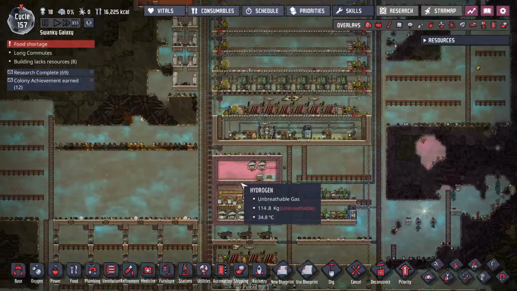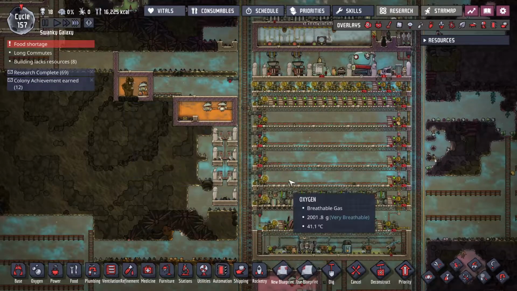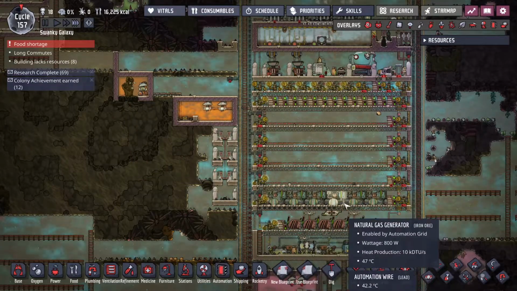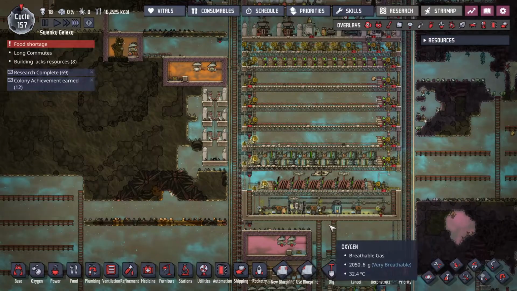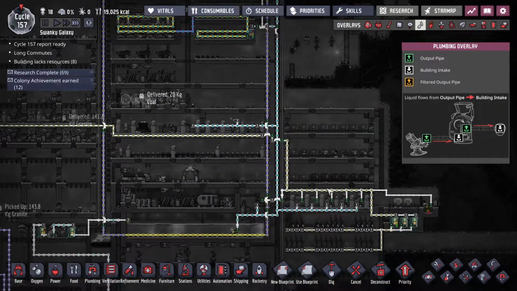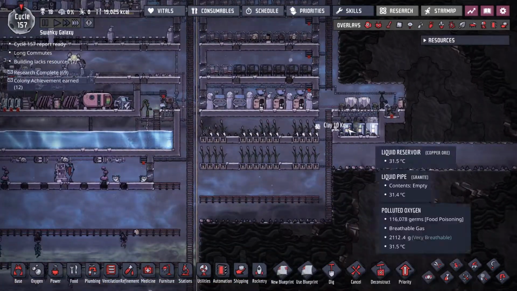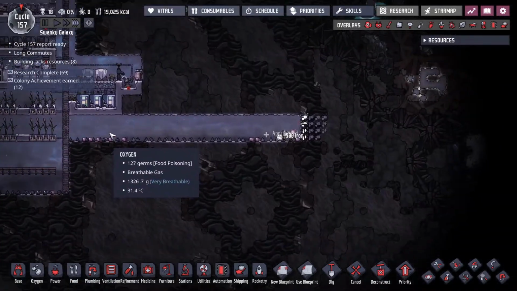But the most important things that have happened are this natural gas geyser started erupting, so I was able to put in natural gas generators. So that definitely helps out with power. It also gets us some polluted water. I put in a second row of thimble reeds because all these tanks were filling up. So that seemed like a good...